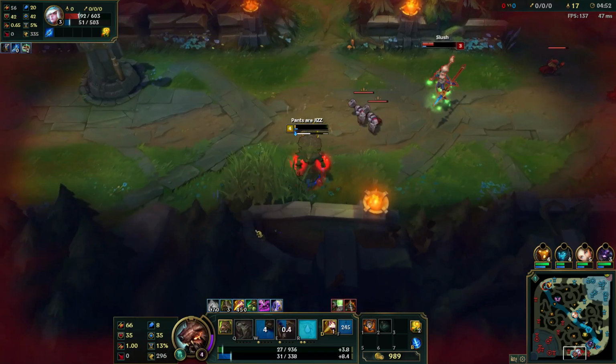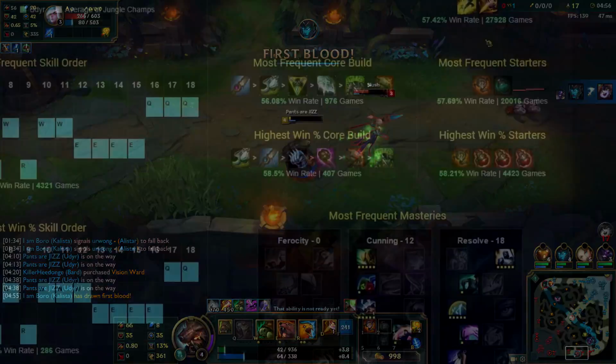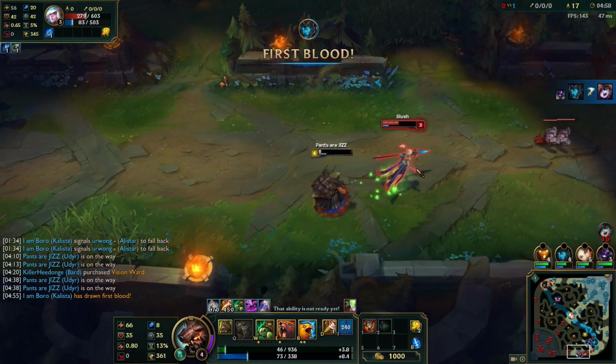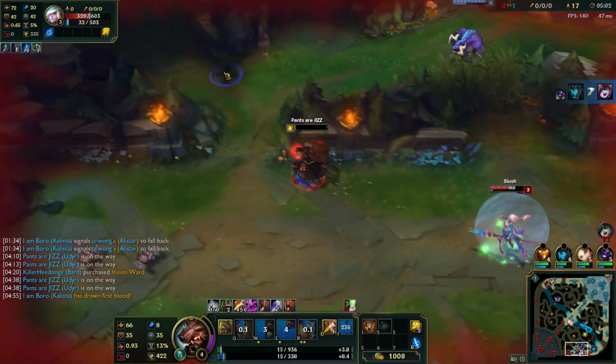And what surprised me even more is people aren't building Devour for having the highest win rate. People are building Runic Echoes on him. And I'm just like, what? How does that make sense? AP Udyr is troll. But I kind of finally understood why it's good after trying it myself and just seeing